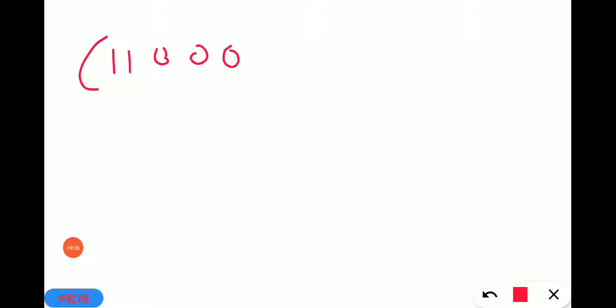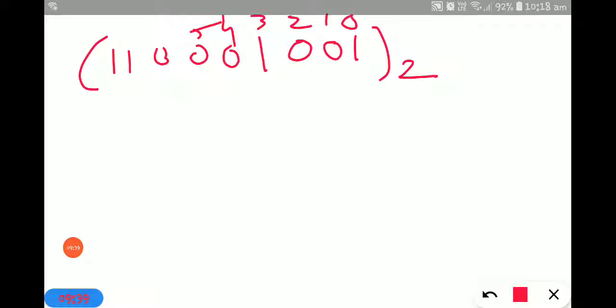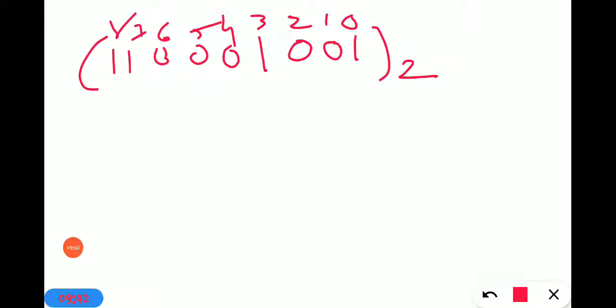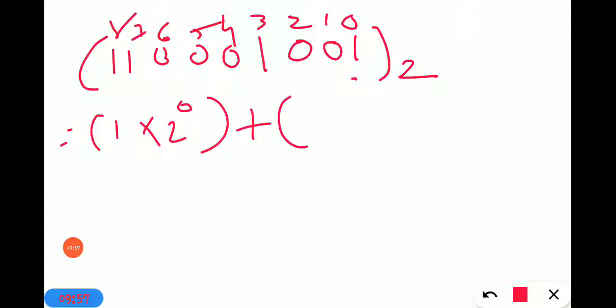So here is one number: 1 1 0 0 1 0 0 1 with the base 2. सबसे पहले पोजीशन दे दो फ्रॉम अ राइट हैंड साइड मीन्स 0 1 2 3 4 5 6 7 and 8. Okay, let's start from the right hand side only. पहला नंबर ले लो इज इक्वल टू ब्रैकेट डू 1 into 2 raised to 0. Write down here 2 raised to 0. Bracket over, plus. Then again bracket.